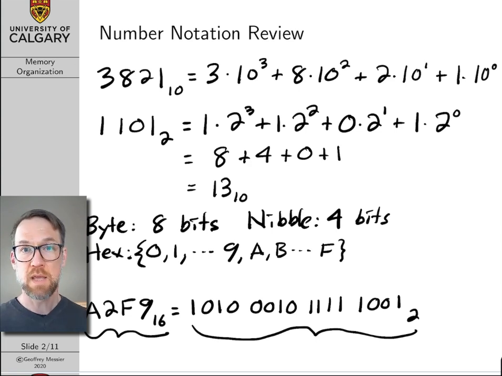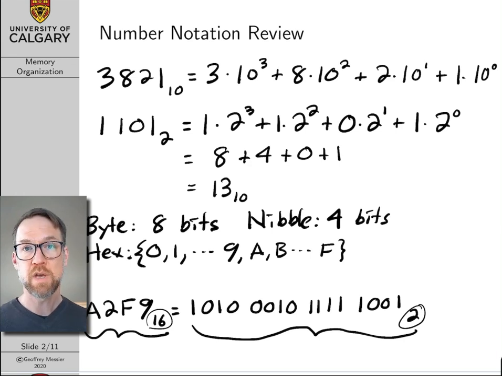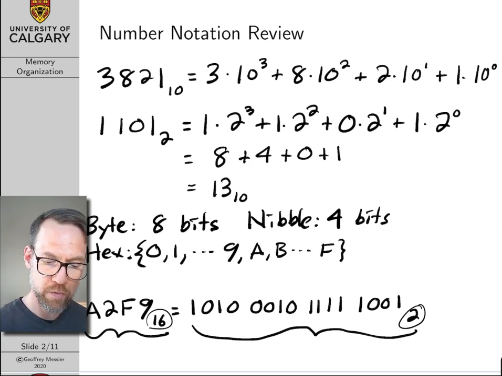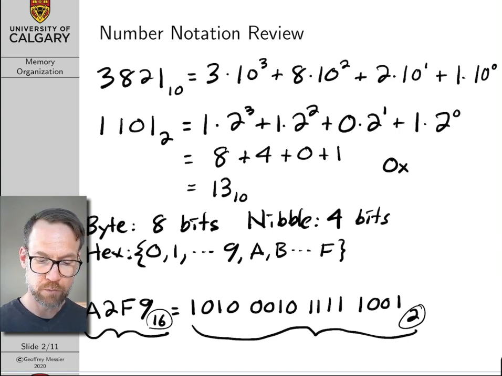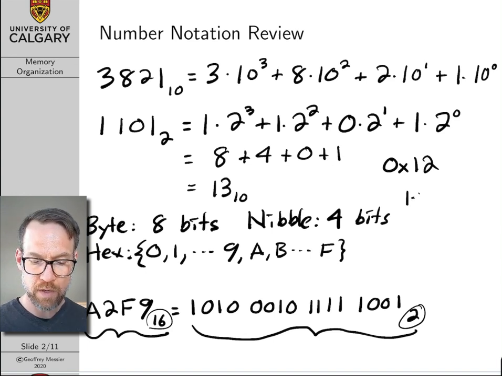And so we're going to be heavily using binary numbers, hex numbers, base 10 numbers. When I'm using binary numbers, I typically won't put base 2, and I won't put base 16 for hex numbers. Most commonly when I'm using hex numbers, I will precede it with the prefix 0x. So if I write 0x12, that's not equal to 1 times 10 plus 2 times 1. Instead, that's equal to 1 times 16